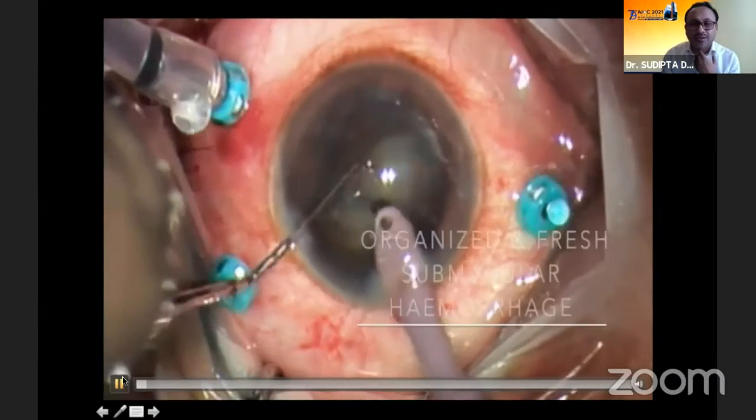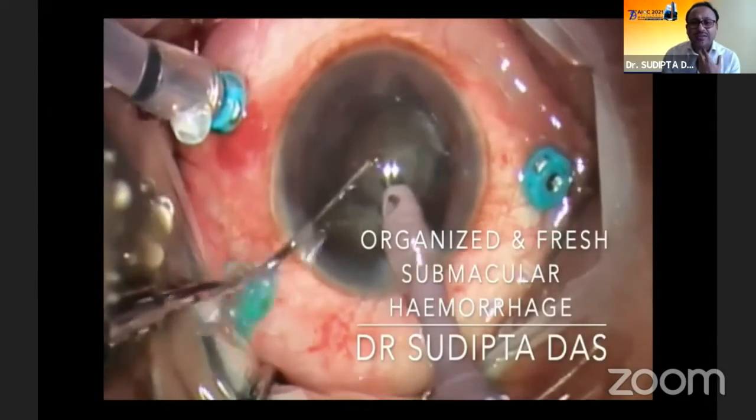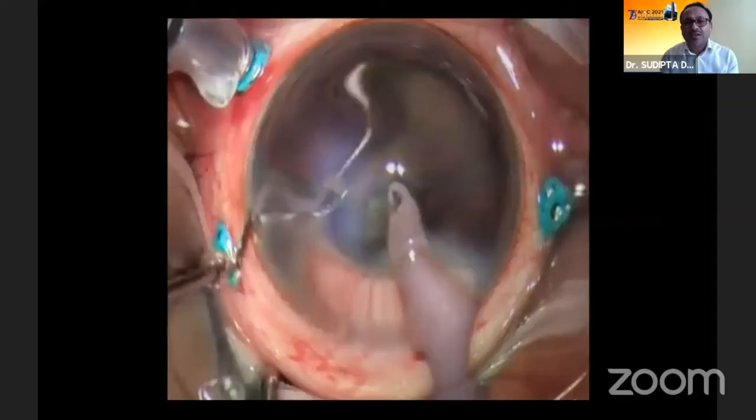In this case, we had to do a cataract surgery because of its significance. Following cataract surgery, we started doing vitrectomy. PVD was induced, and we could see the macular area with a lot of dehemoglobinized yellowish organized hemorrhage as well as fresh hemorrhage. So vitreous was removed. After that, once vitrectomy was completed, we injected some amount of, usually I follow 25 micrograms in 0.1